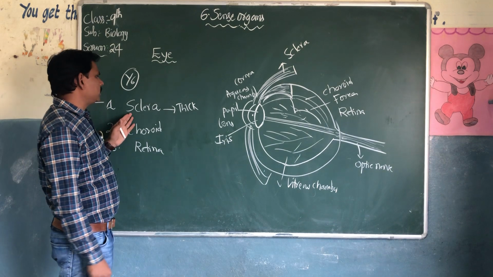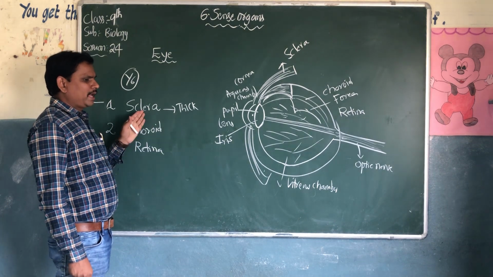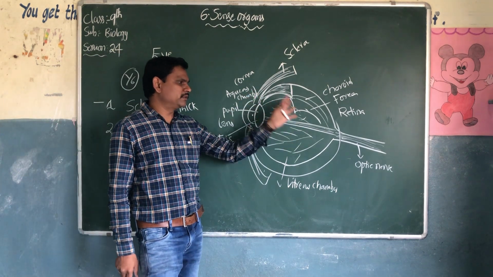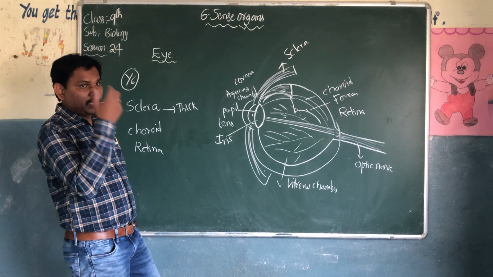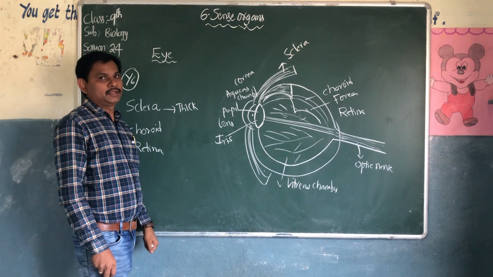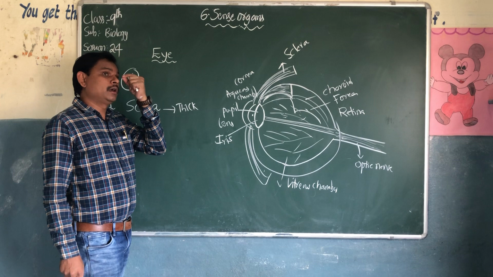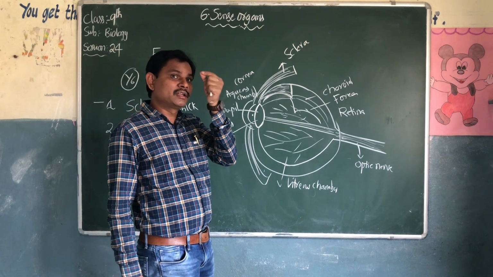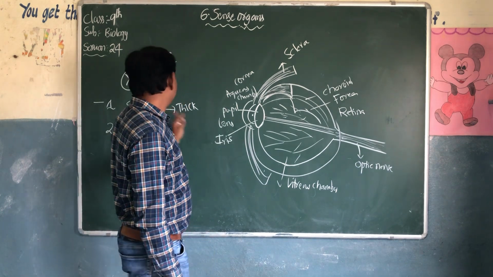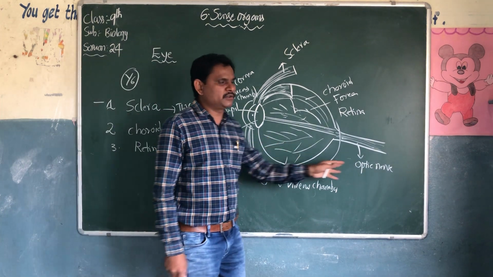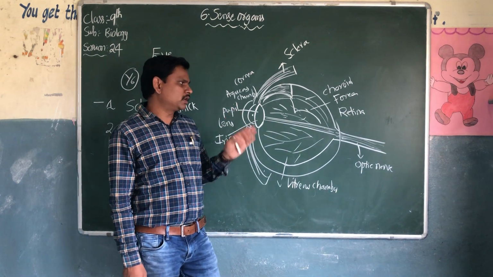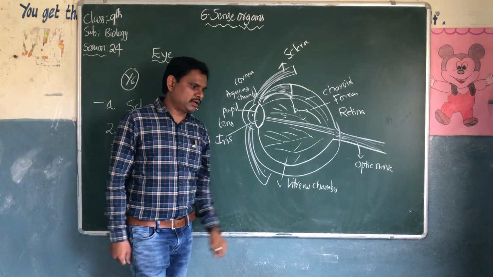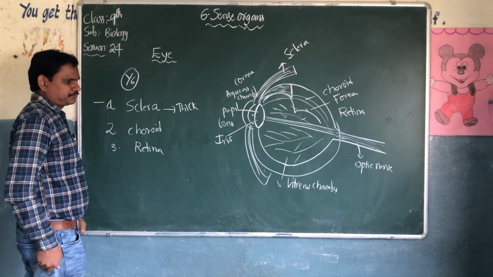In the sclera there are so many blood vessels built in, so they also need oxygenated blood. In the eye we can see some red structures in the white part, which are small blood vessels. This sclera is finally connected to the optic nerve, and the optic nerve carries messages to the brain. This is about the sclera.